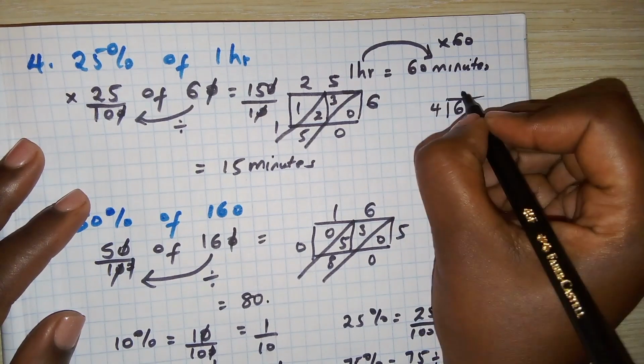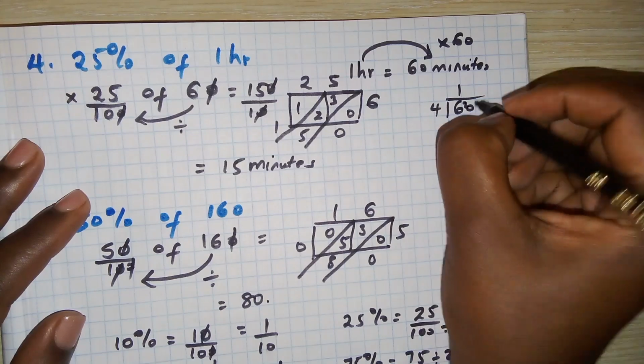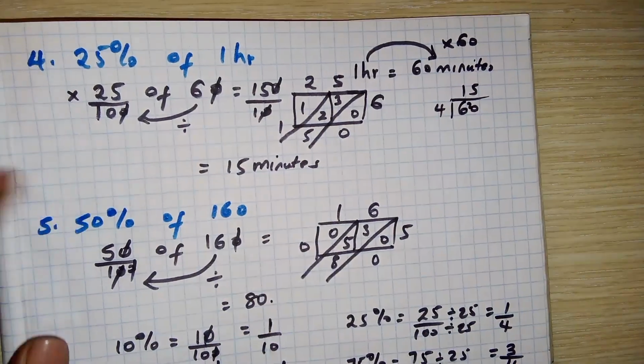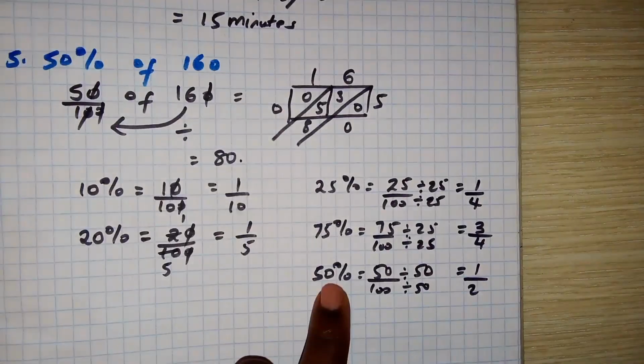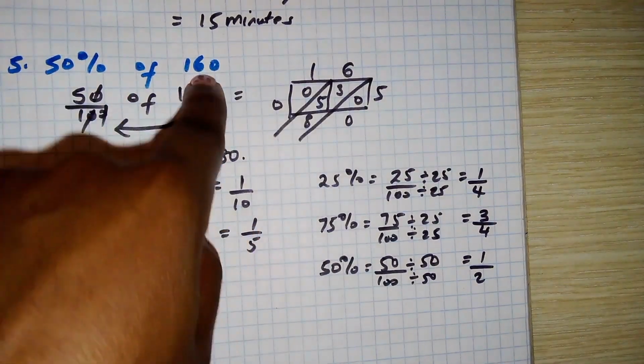4 goes into 6 once, remainder 2. 4 goes into 20 5 times, so 15. So you can use different methods to arrive at your answer. Here we saw that 50% is the same as a half. So a half of 160 would be